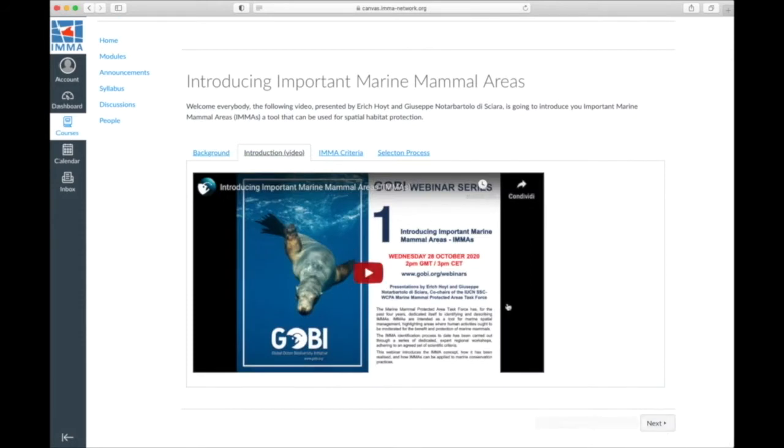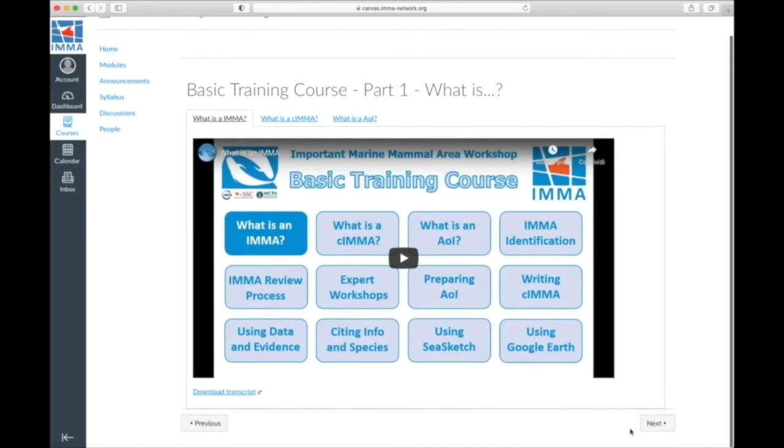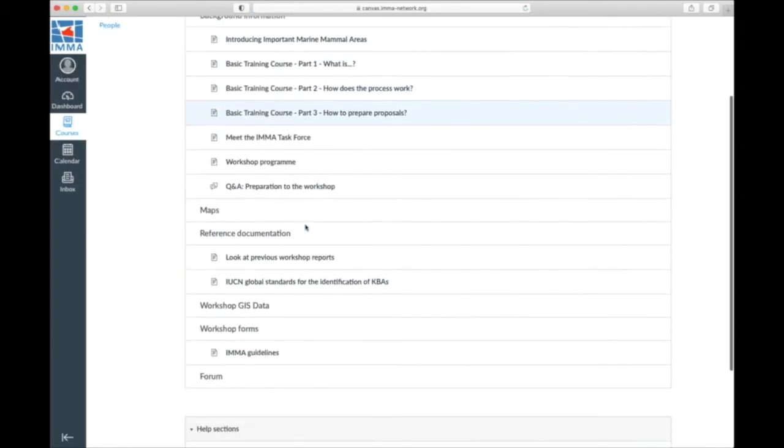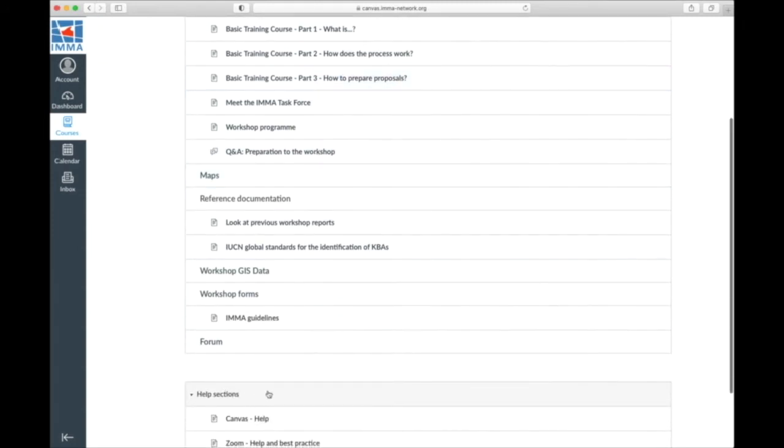To view other pages, you can go back to modules, or you can simply navigate from one page to the other one with the buttons that you find at the bottom of the page. Together with the pre-workshop module, you will find a help sections about Canvas, Zoom, and C-Sketch.